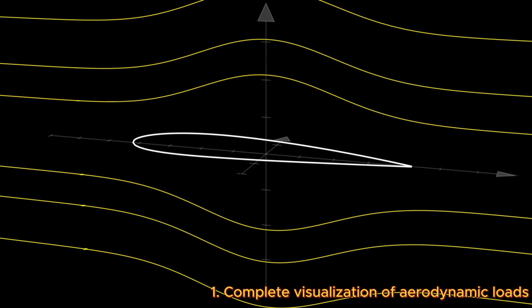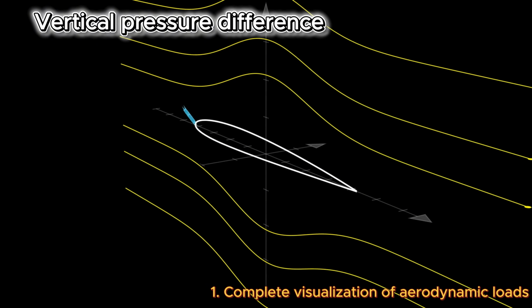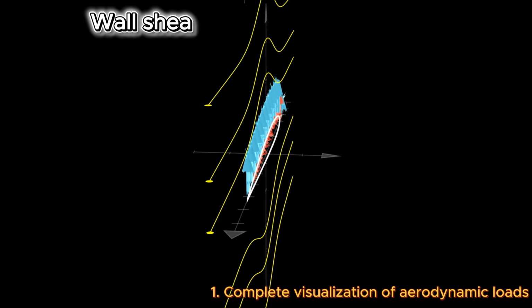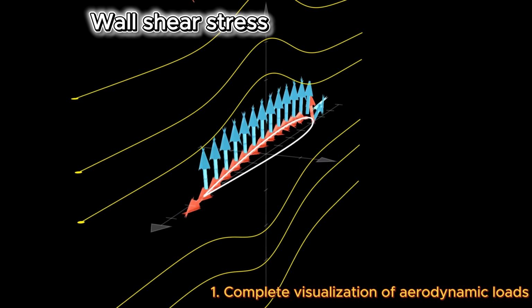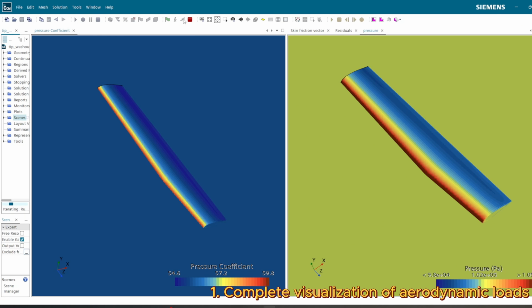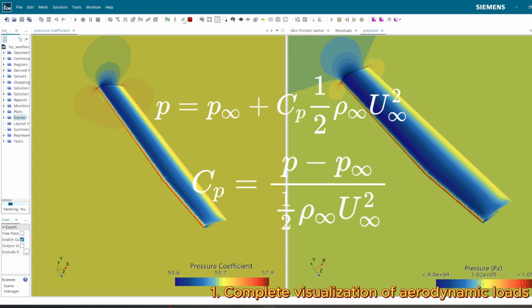First, aerodynamic forces are mainly composed of two parts: the pressure acting normal to the surface and the shear stress acting tangentially along the surface. This is the pressure coefficient distribution on the wing surface. You can clearly see the high pressure stagnation region near the leading edge, as well as the strong suction region